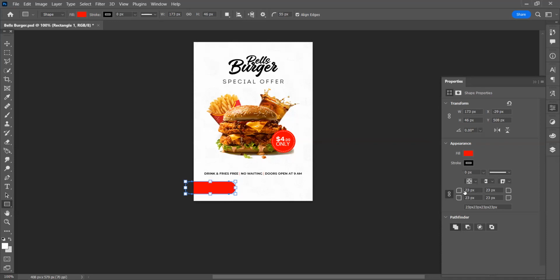Either we increase it like this, or we reduce it. This is a sharp rectangle, but we can edit the radius, that is the edges. We can make it smoother, instead of these sharp edges. So that is what we call radius. Let's say you change it to maybe 10, then you press enter. Can we see now?